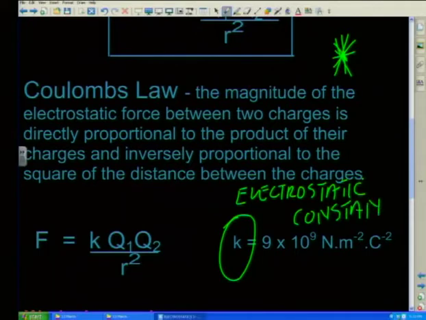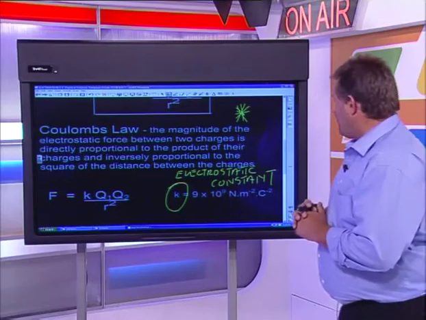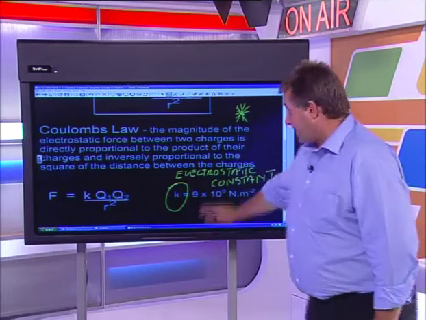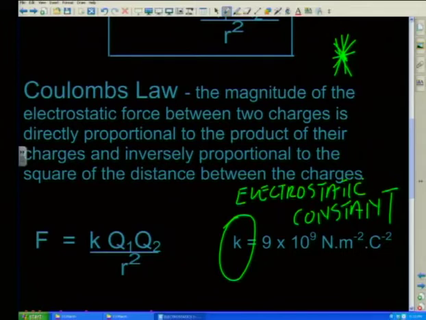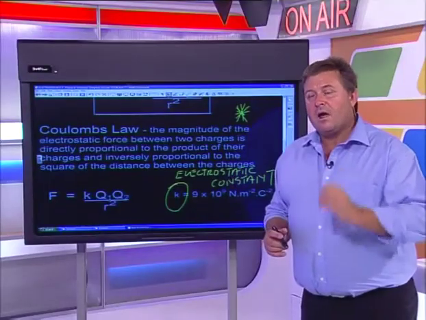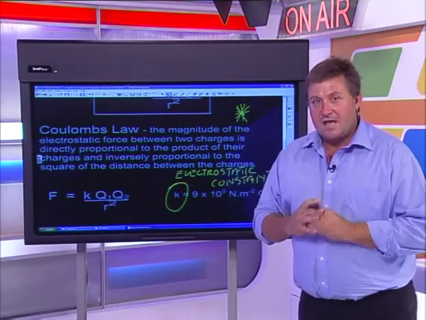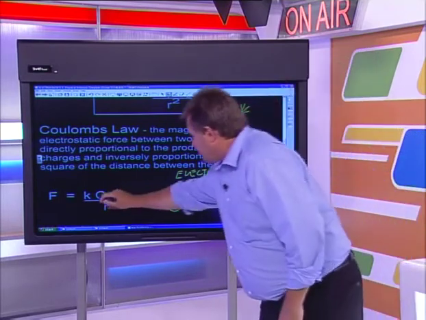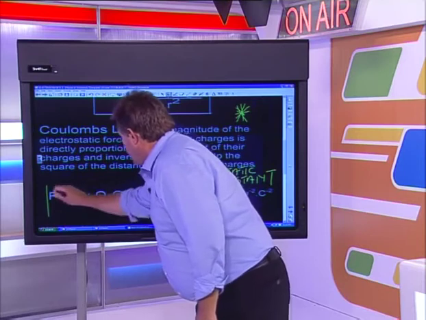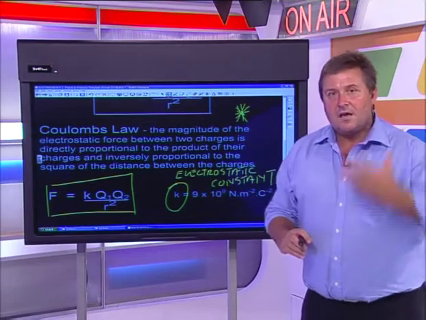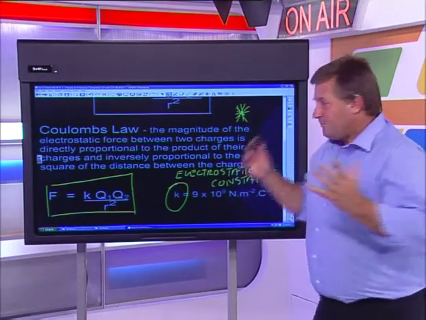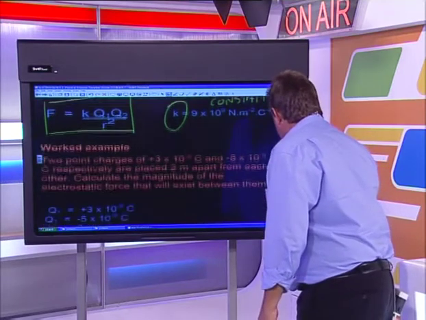Okay. Or sometimes they do call it Coulomb's constant. But you'll probably find that most textbooks are going to be talking about the electrostatic constant. We give it the value of K, and it is equal to 9 times 10 to the 9 Newton per square meter per Coulomb. And that, guys, is a constant that applies to all electrostatic charges. If we're trying to determine that force, then we introduce that constant over there, and now we've got a mathematical equation that's going to allow us to calculate the magnitude of that force. So let's move on to a worked example, and let's go and have a look.